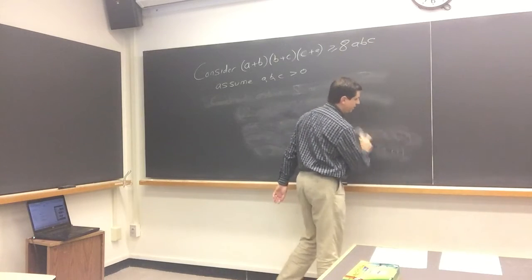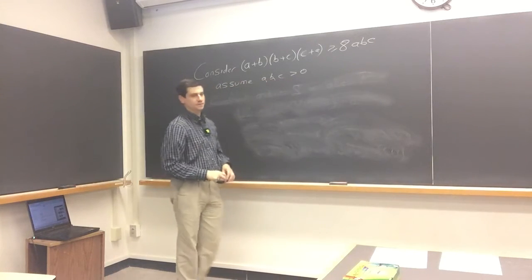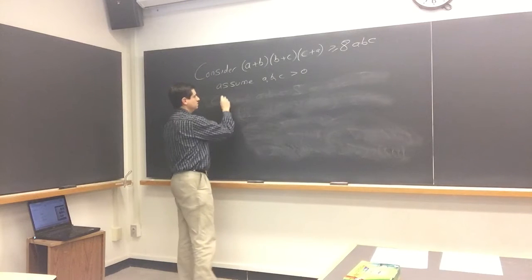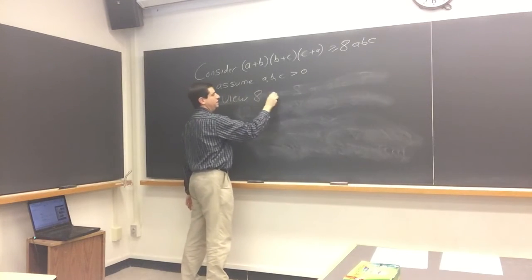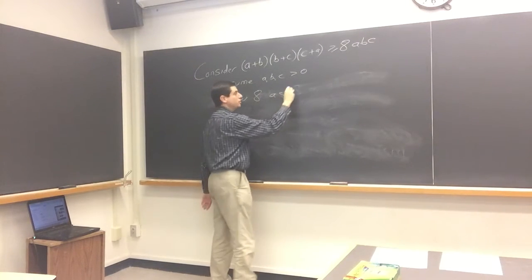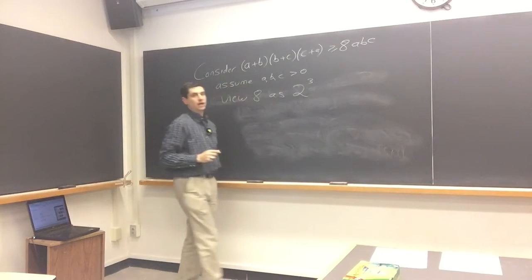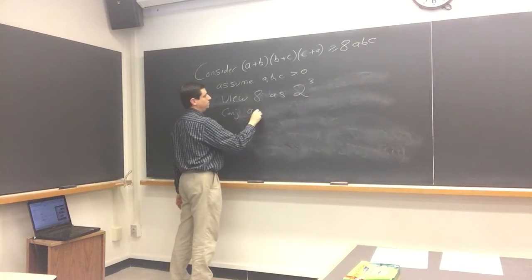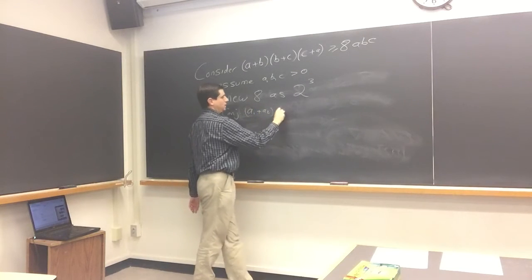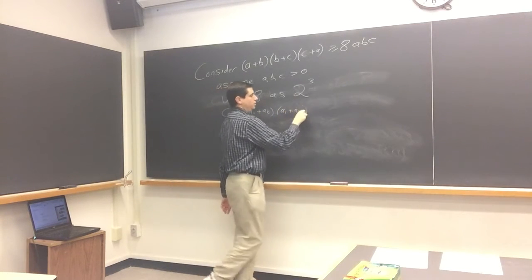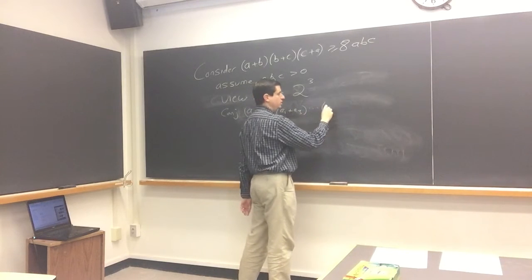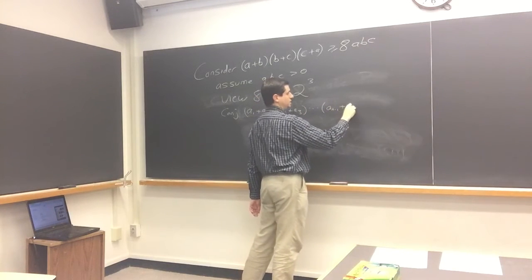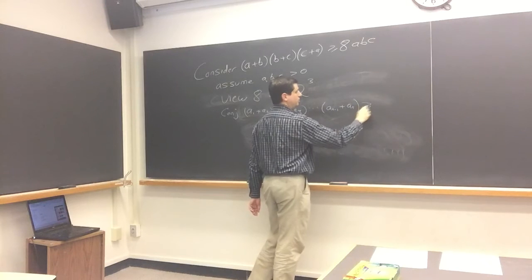So how did we decide that we should view the number 8 as 2 to the third? And more generally, we might conjecture that a1 plus a2, a1 plus a3, dot dot dot, all the way down to a(n-1) plus an should be greater than or equal to